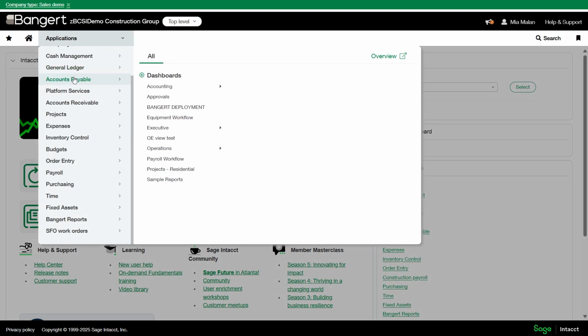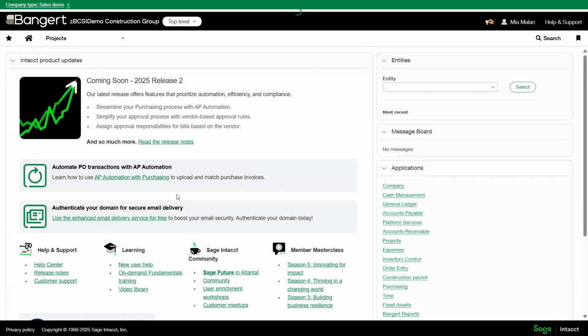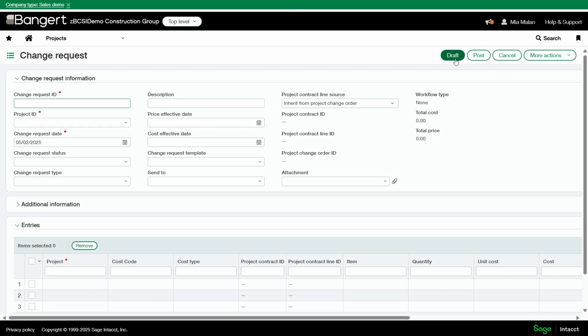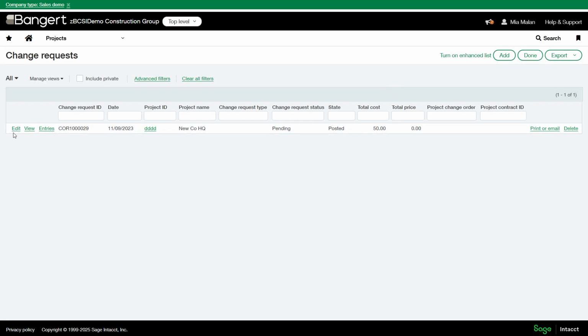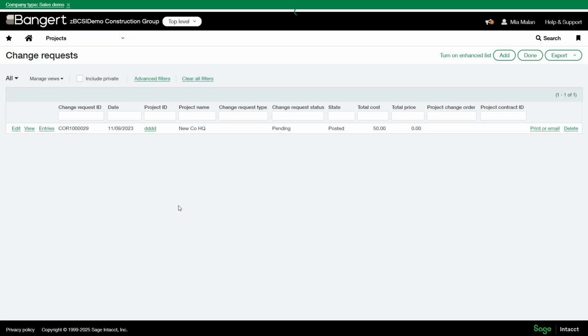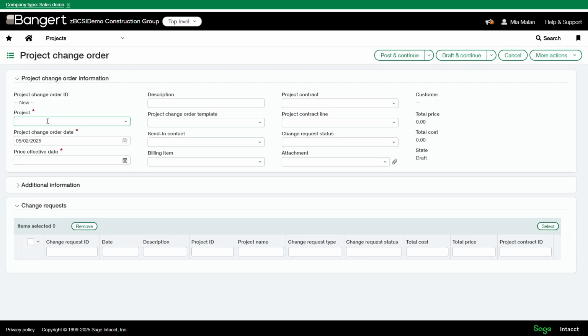I'm going to give you an example of the old way. So under projects, if you go to change requests, add a change order, you still see that the only options are to draft and post. If you want to continue working, you would be taken back to this list and have to get in that way. But now with project change orders, we have this new feature where if you go to add, type in the information about the project,